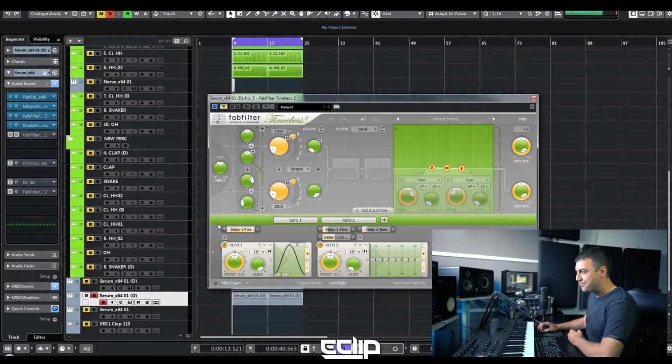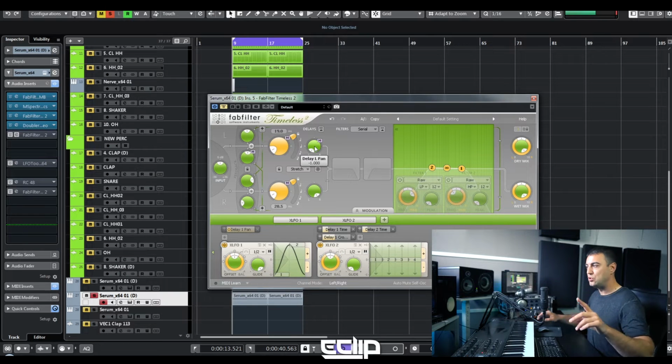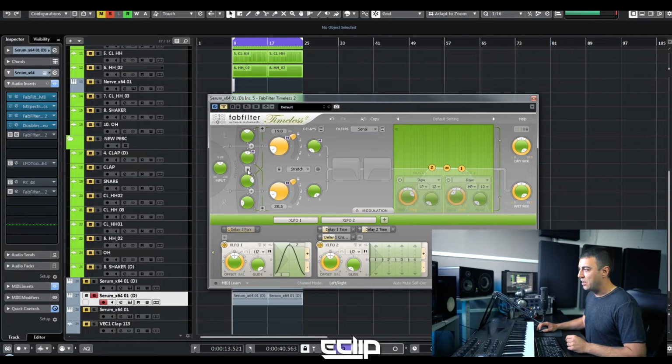So basically I have here the pan. I'm modulating the pan on this one, but I'm going to turn that off right now, because when I use only one channel for a delay, when I don't want to use 2 different delays, then I lock this one up, and then I just put this pan on left and right, and I create a ping pong effect on one delay just to be stereo. But for this I used both delays, and as you can see I turned off the sync,